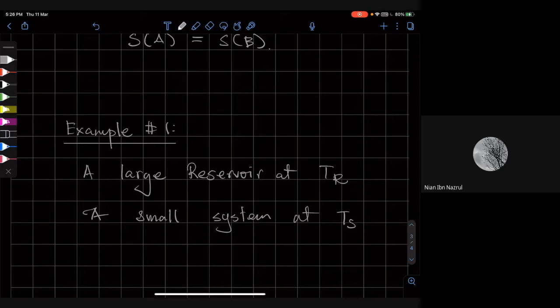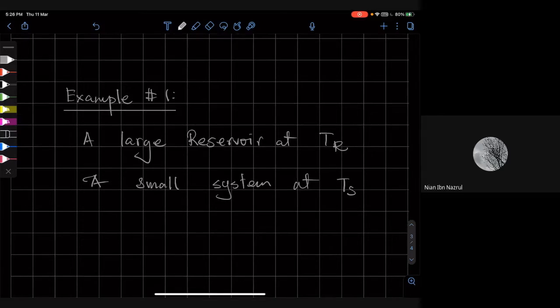Now we are not saying which temperature is bigger or less, and so if I now connect these two, connect the system to the reservoir, what will happen is that